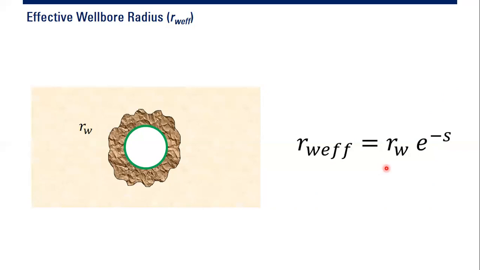That's why positive skin factor due to formation damage is really dangerous for our productivity, because it shrinks our capacity to enable fluid flow from the reservoir to the wellbore to the surface. It cuts down our productivity, because it is shrinking the wellbore radius. And if you have a small wellbore radius, then the productivity also drops. The capacity of the well to flow the fluid is shrinking due to the shrinking wellbore radius.